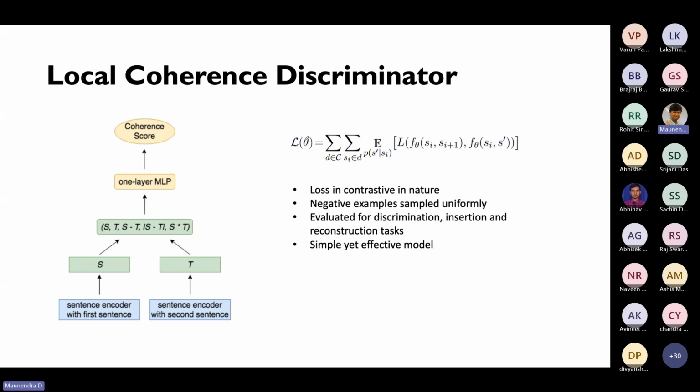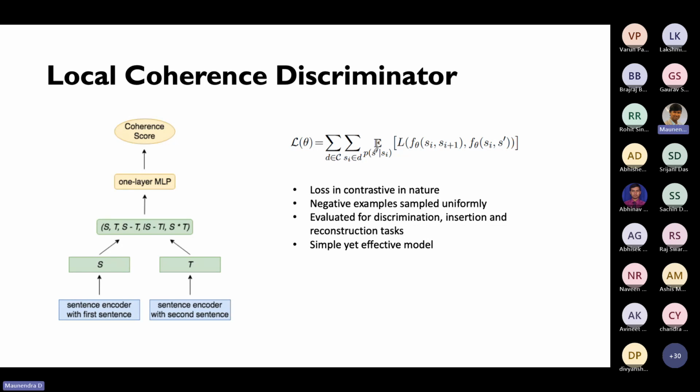So theta is the parameter of the model. Assume that theta comes only here, but you can also have a model where these parameters are also modified, but typically people will modify only this part. So from the collection, you take a document. From that document, you take a sentence S_i. Then you randomly sample, given S_i, another sentence S prime, which is not the